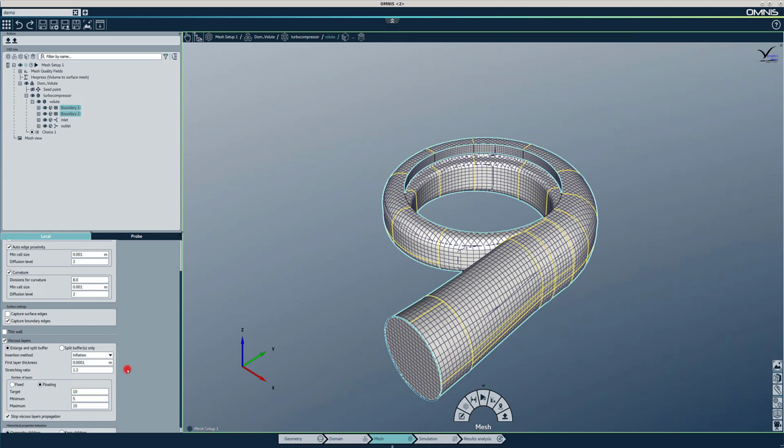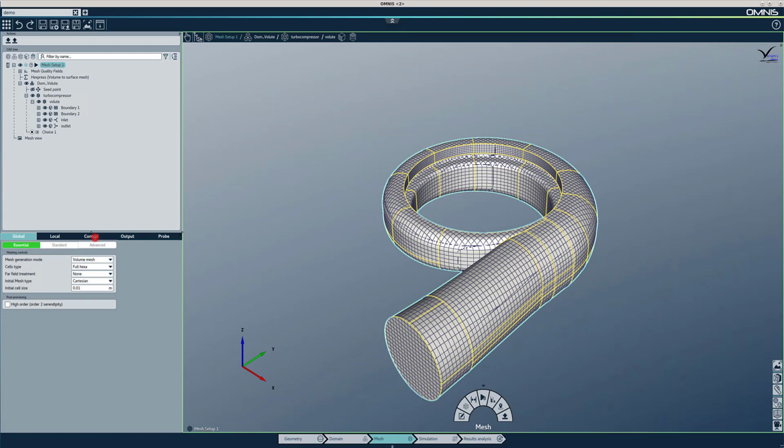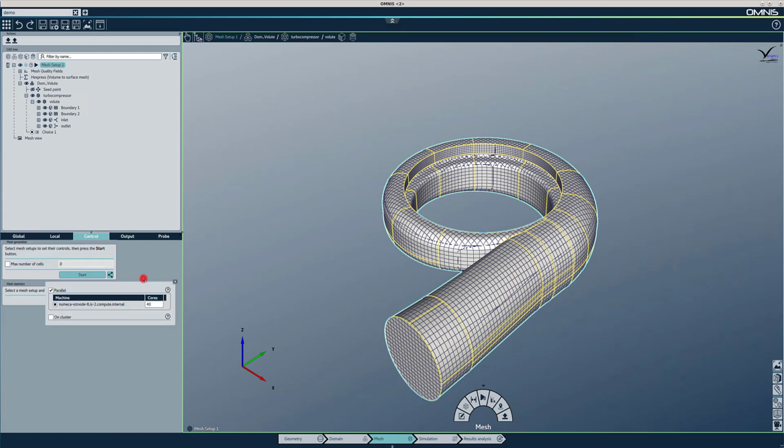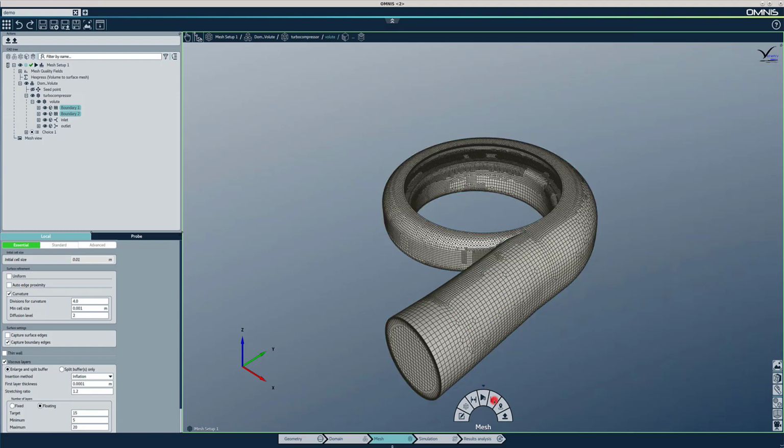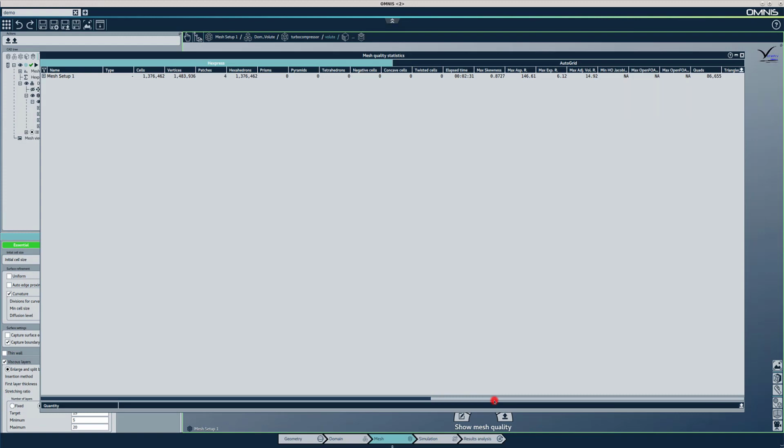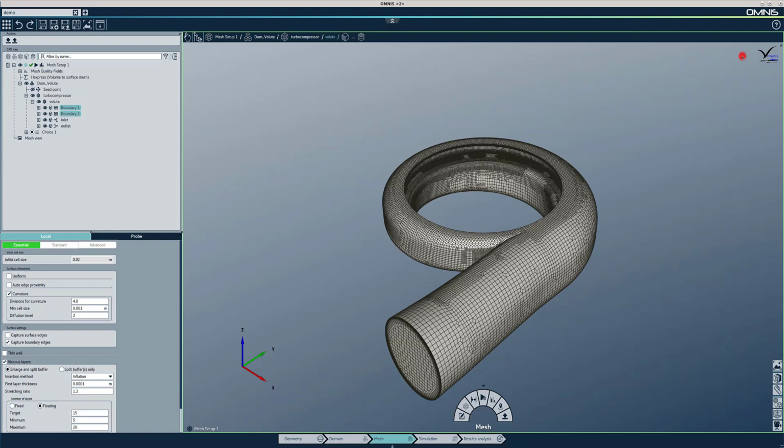When you're ready to start meshing, go back to the mesh setup, click on Control, change the parallel settings using the antenna symbol, and click on Start. Once the mesh has been created, you can check the mesh quality using the Mesh Quality button in the pie. The window summarizes the CPU time and mesh quality for all mesh setups in the tree. To analyze the mesh further, load it by clicking on the Load Results